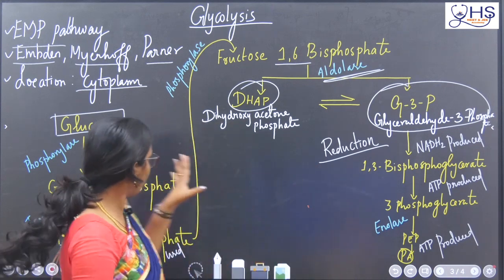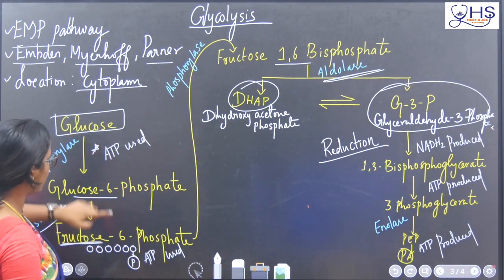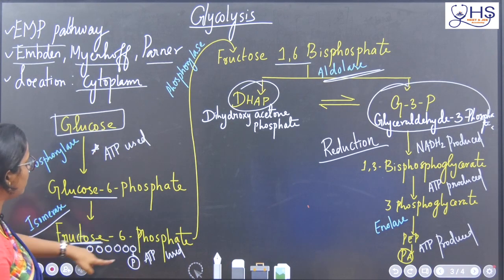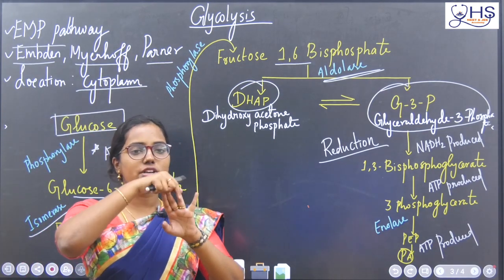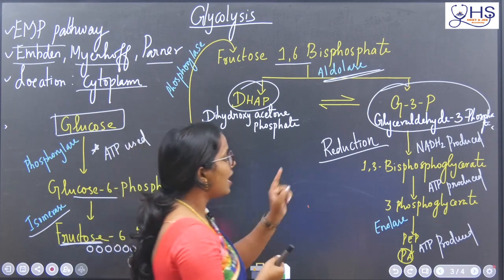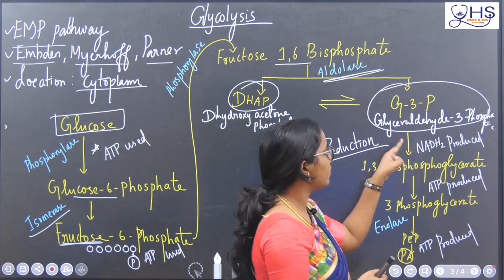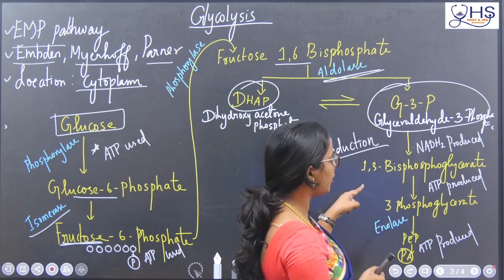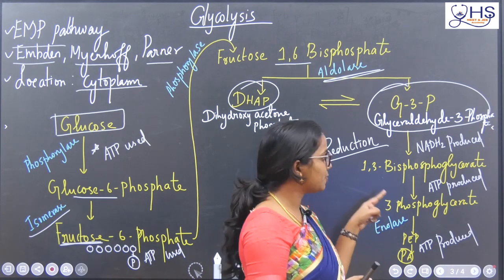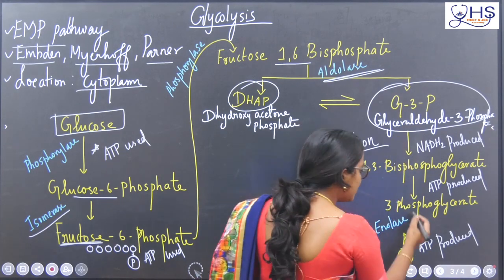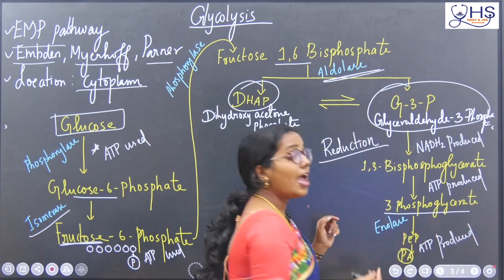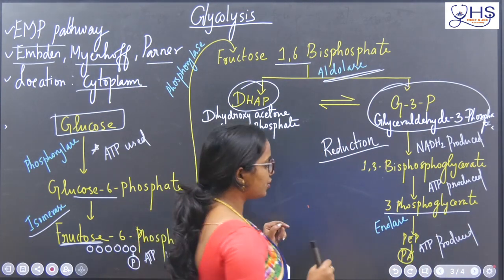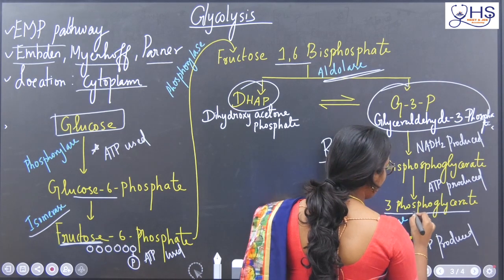NADH2. Look here, earlier one ATP was used and one more ATP is used in this process. So already 2 ATP is consumed. For the very first time in the reduction, what is produced? NADH2 is produced from the process of glyceraldehyde 3 phosphate to 1,3-bisphosphoglycerate, and in the next step from 1,3-bisphosphoglycerate to 3-phosphoglycerate another ATP is produced, and from the next step 3-phosphoglycerate